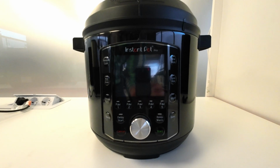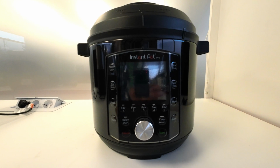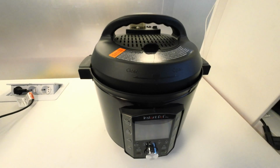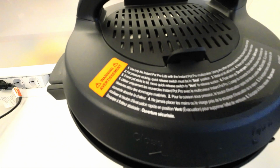Introducing the Instant Pot Pro, the ultimate embodiment of convenience and efficiency. Elevate your cooking experience with a range of advanced features. With 28 intelligent cooking programs at your disposal and an additional 5 new favorite program settings, achieving culinary perfection has